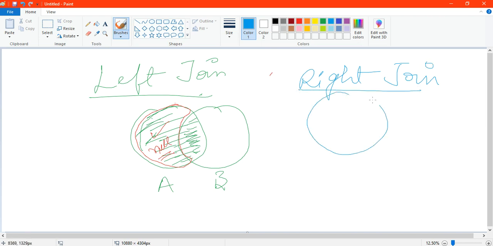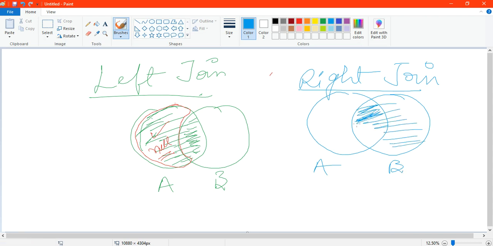Okay, the right join, if this is my Venn diagram, this is table A, this is table B, then this part will be printed. Obviously the common, overlapping part will be printed, and the other part which is not present in table A will also be printed. I mean this part. This red shaded part will also be printed, but the columns are not present in table A, so for that the values will be null. Okay, this was left join and right join.